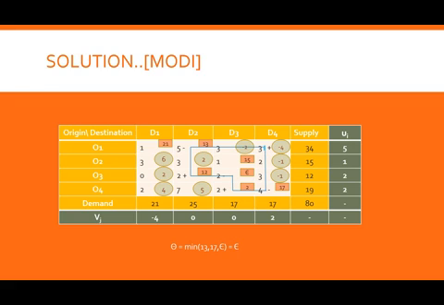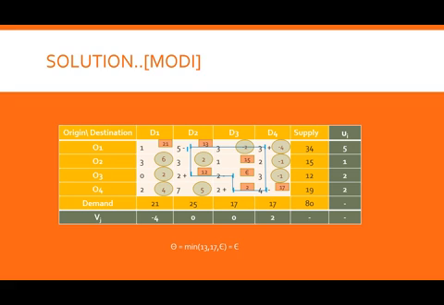I'll take this as point of reference. So from here I move down. I get a continuity here. From here I move to this position. From here I move to this position. From here I move up and back to the original position. So the closed figure that I get is not a quadrilateral in this case, but a hexagon, right? So starting with the starting point, put alternating signs. So I get a plus theta here, minus theta here, plus theta, minus theta, plus theta, and a minus theta,